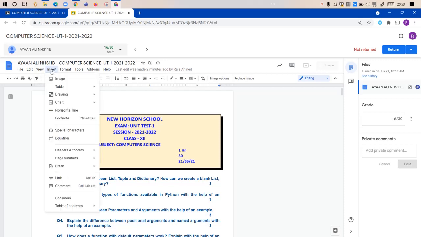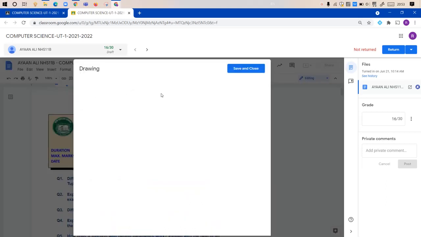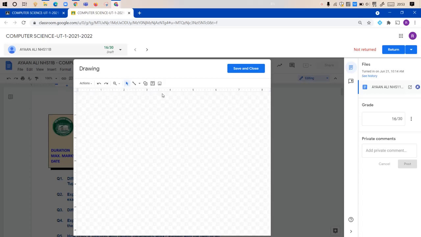So what we are going to do, we are going to use insert menu, go to drawing option and click on new. Now once you open the drawing tool of Google, this canvas will be available to you.